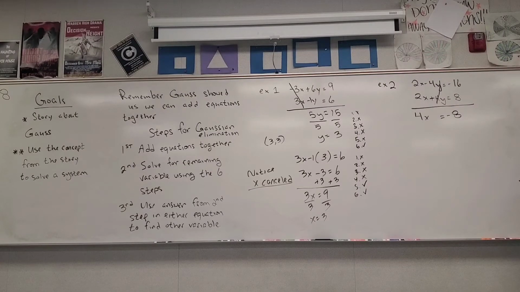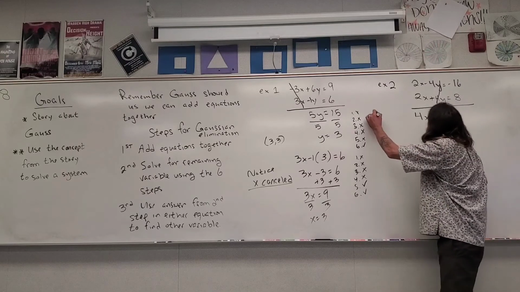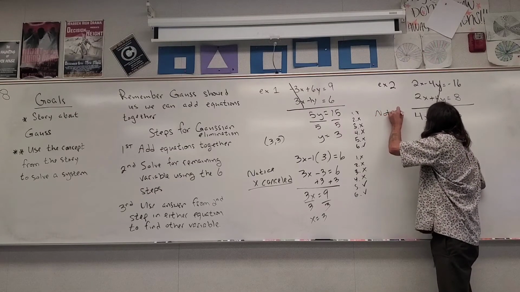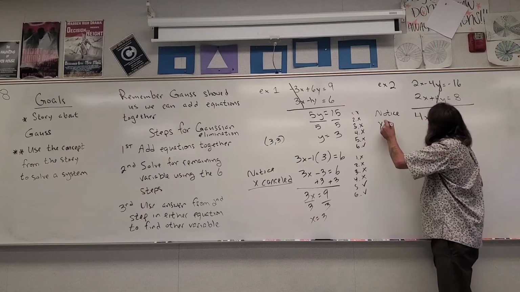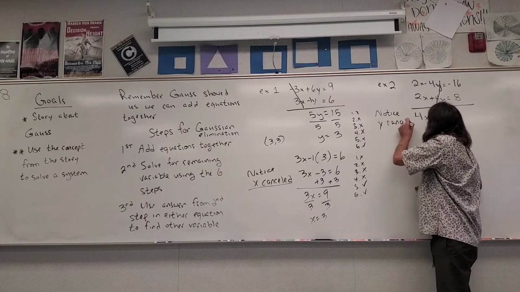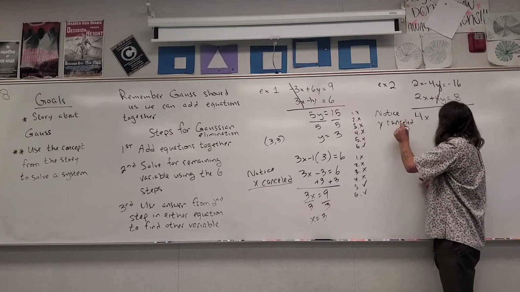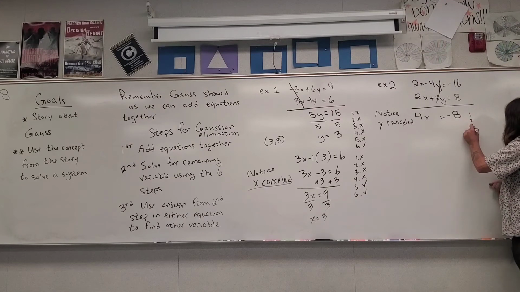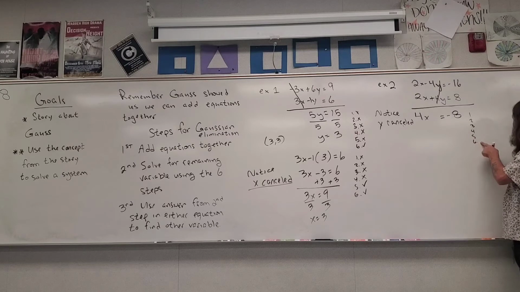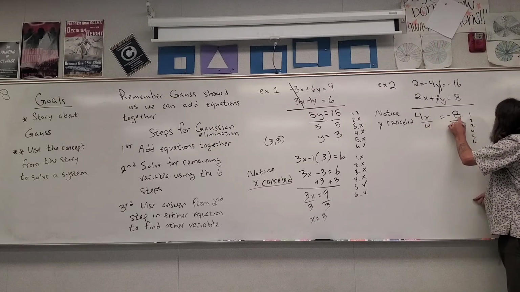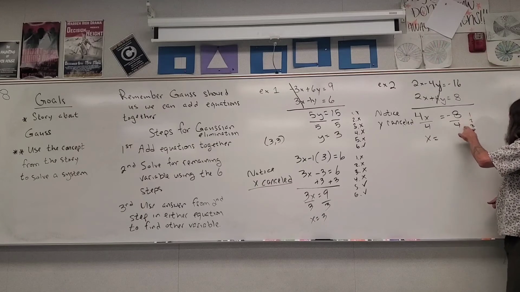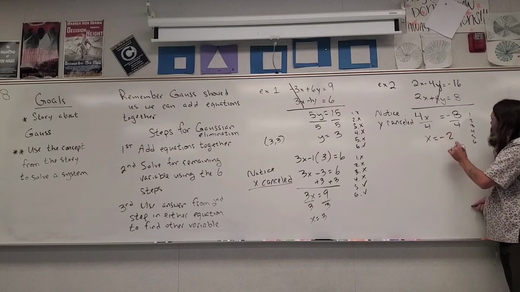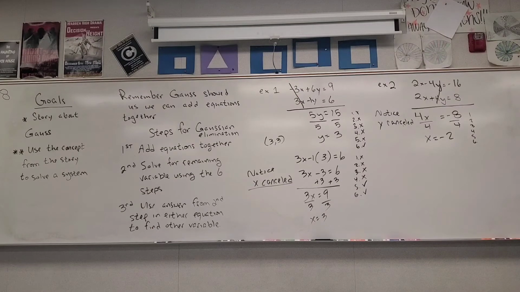Right? Now, notice on this problem, the y's cancel. All right, notice the y's cancel. So sometimes the x will cancel, sometimes the y will cancel. Okay? And now again we use our 6 steps to solve. We only have to use our last step. Divide away. That means that x is equal to negative 8 divided by positive 4. That's going to be a negative. It's negative 2.